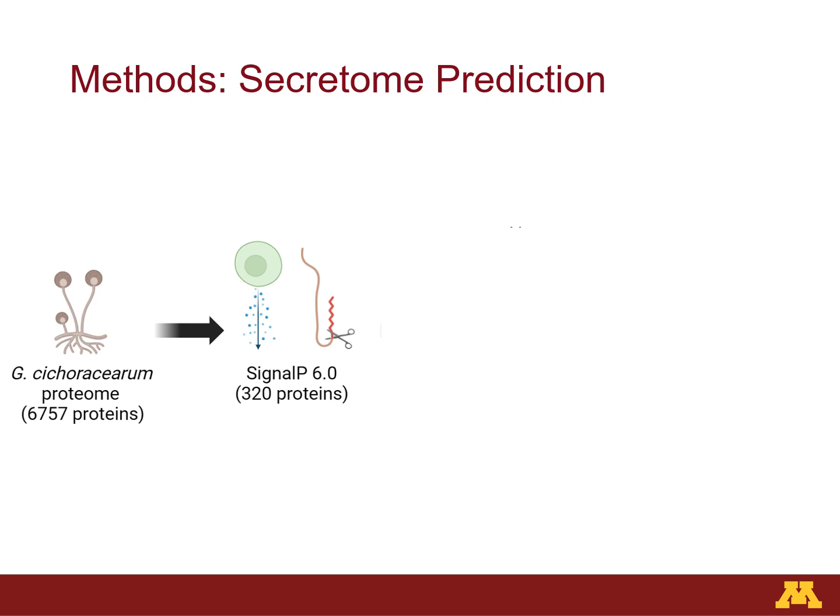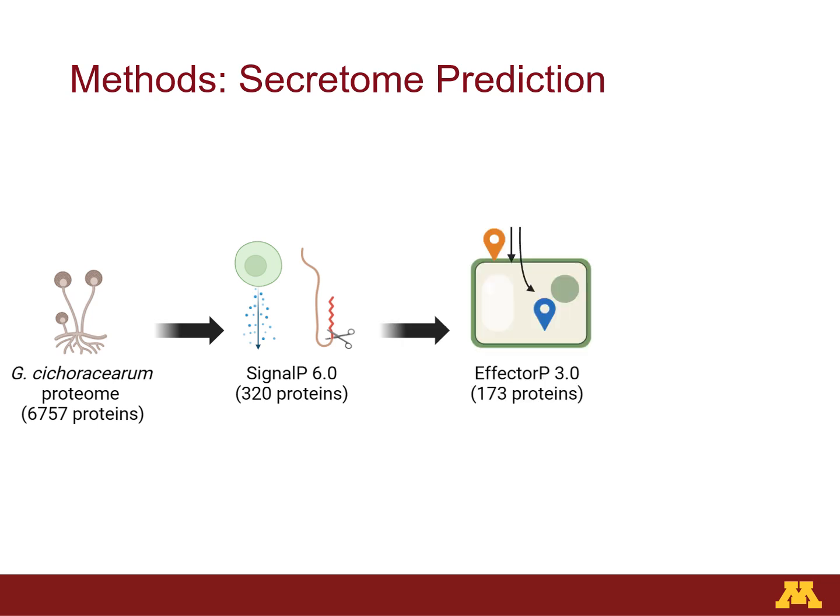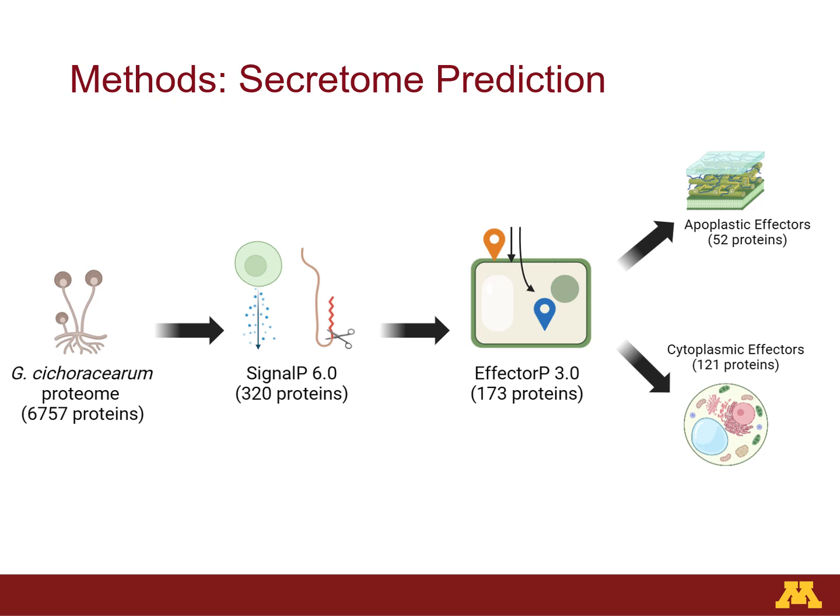These secreted proteins were then analyzed with the program EffectorP 3 to predict their likelihood of being effectors and localizing to the apoplast, cytoplasm, or both during host infection. From an initial proteome of 6,757 proteins, this pipeline narrowed the final pool of candidates to 173 predicted secreted effector proteins. These tools were critical because they helped filter thousands of proteins down to a manageable number of likely candidates,